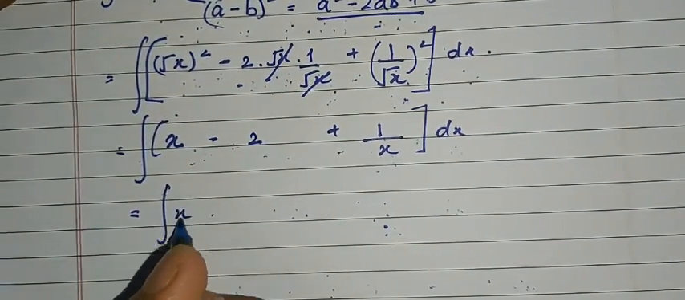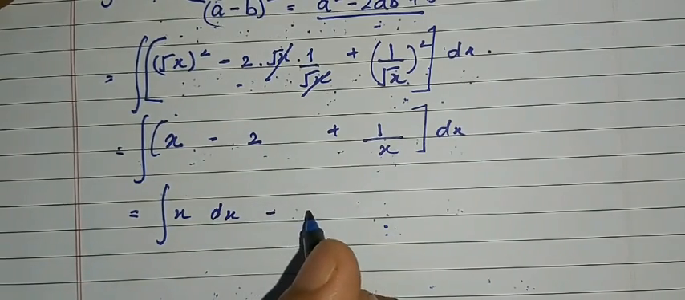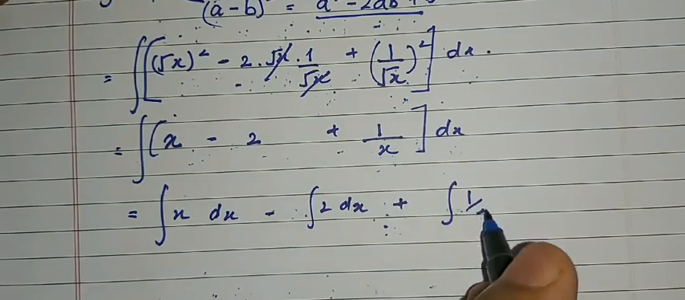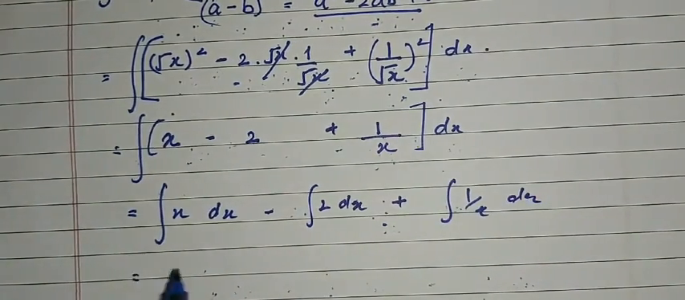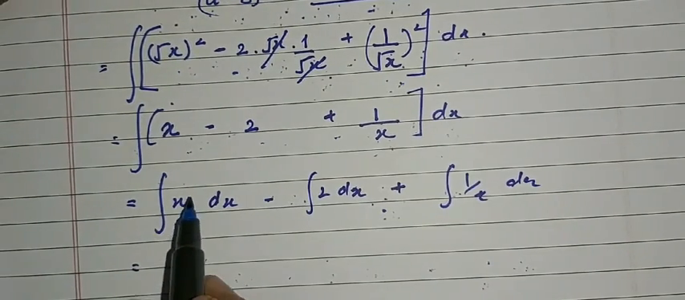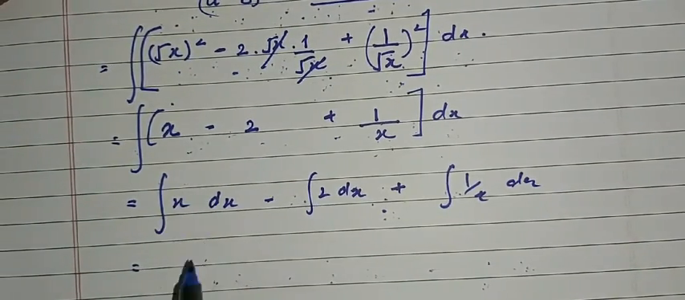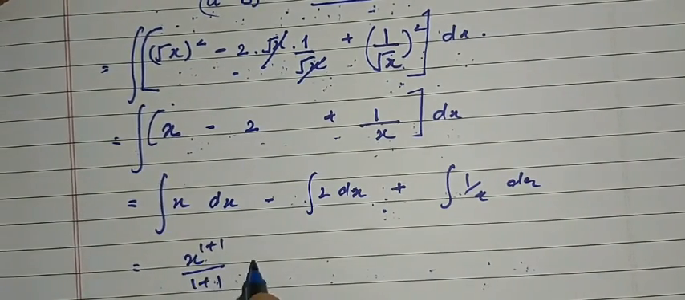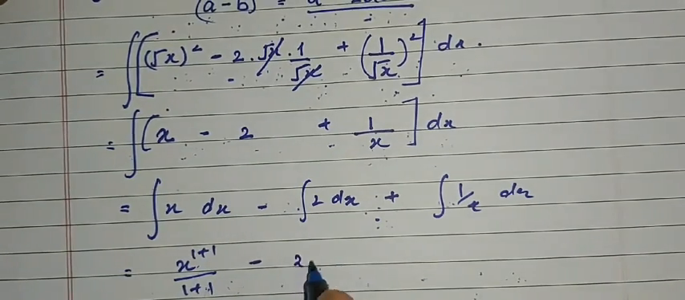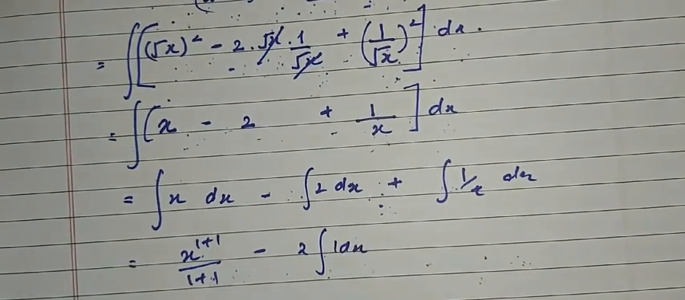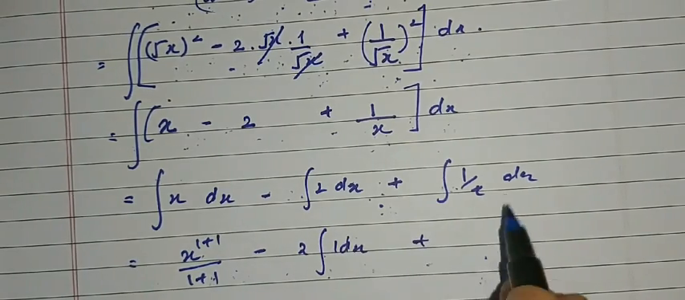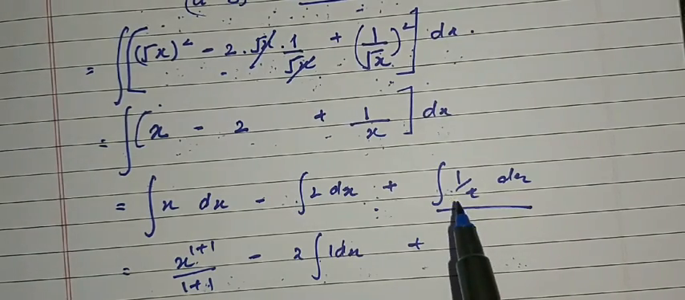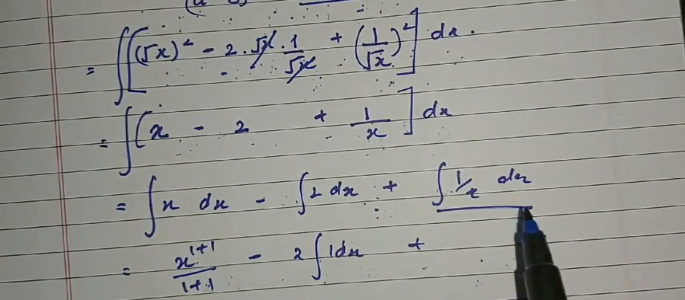So we will write it as integral of x dx minus integral of 2 dx plus integral of 1 by x dx. Here for integral of x dx, n is equal to 1, x raised to 1, so we can write it as x raised to 1 plus 1 by 1 plus 1, minus 2 into integral of 1 dx, plus integral of 1 by x dx. Here